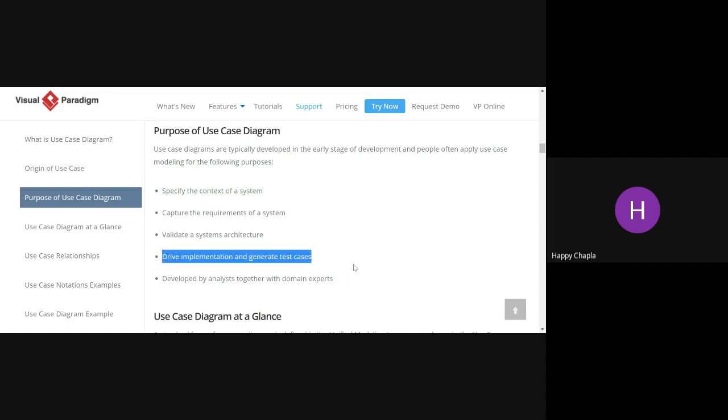Now, generate the test cases means that whatever you want to implement in your project, you also have to verify it with test cases. That means if I am providing that login is different for a user, say a student, as well as a faculty, then how will it be differentiated? So that we need to take care of. The last one is developed by analysts together with the domain experts.